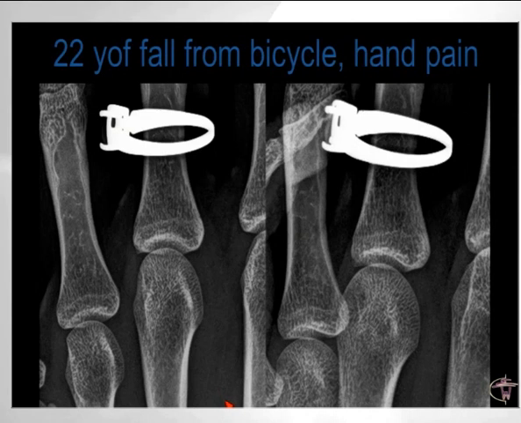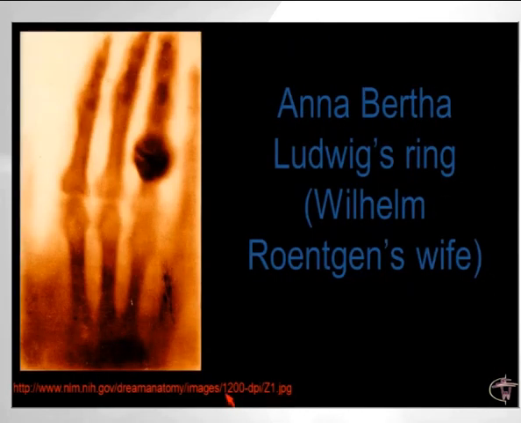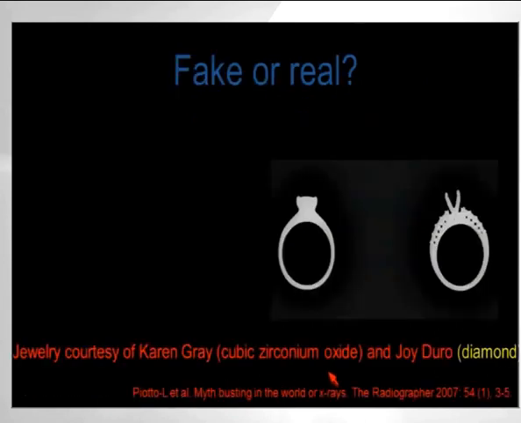This young lady refused to take off her jewelry when she fell from her bicycle and complained of hand pain. She claimed that this ring was too valuable to be taken off. She's not the first person that was imaged with X-rays. In fact, one of the first X-rays that we ever got in the world also showed a ring on a finger. But the question is, is this a real ring or is it a fake ring? Well,